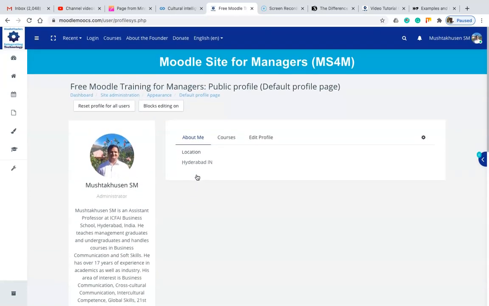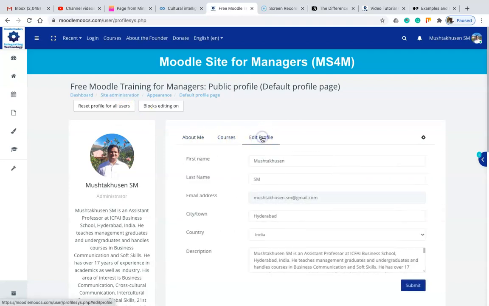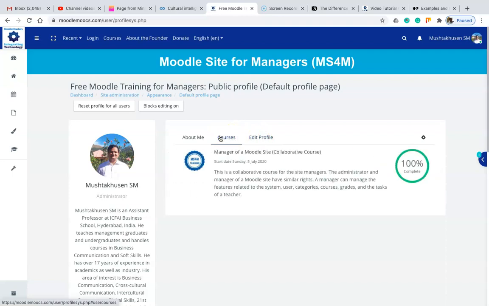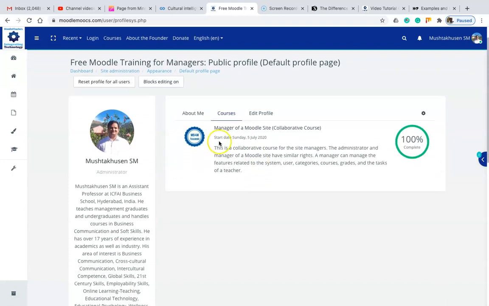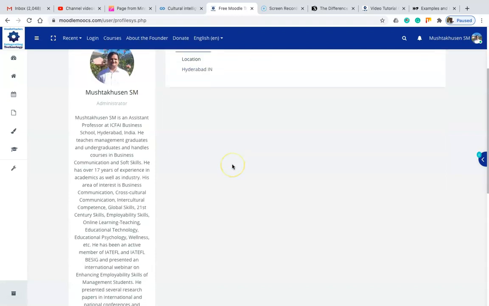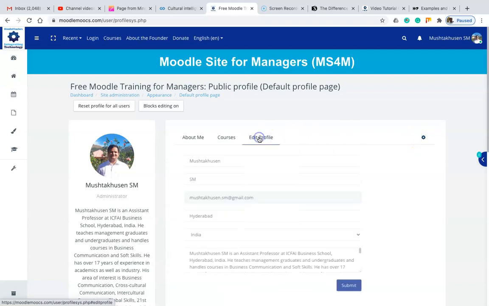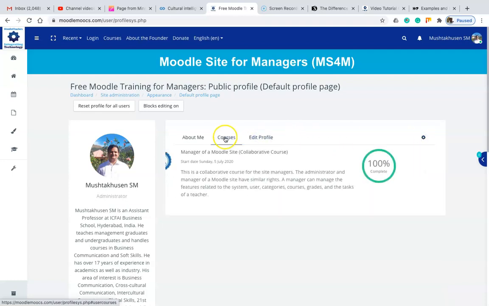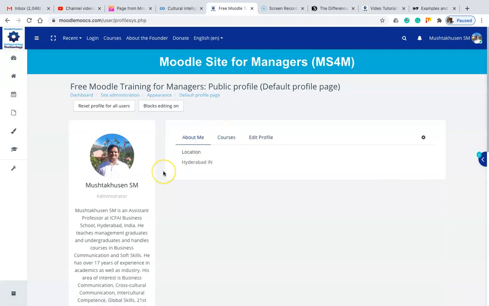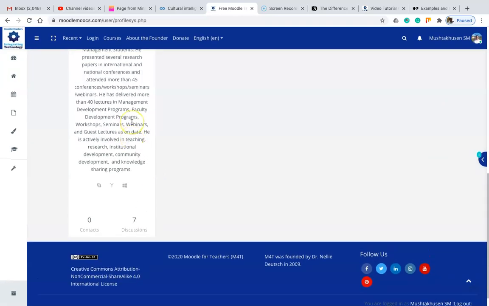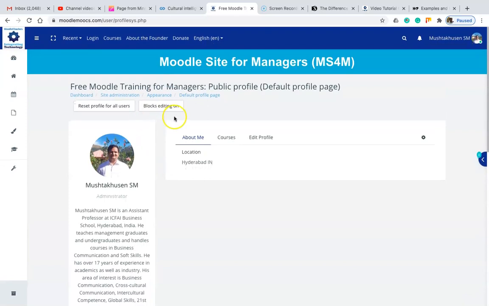If you want to make some changes over here, you can click on reset profile for all the users, then about me, then courses, then edit profile, okay. Then we have got this option here. These are under the setting option. So you can see my profile over here. So this is what you can do.